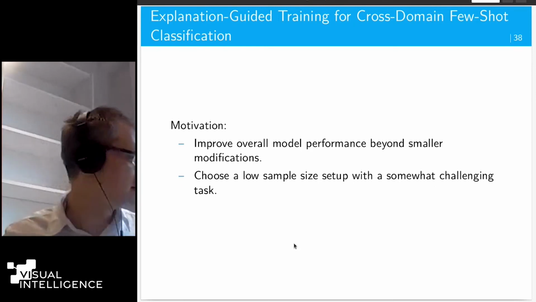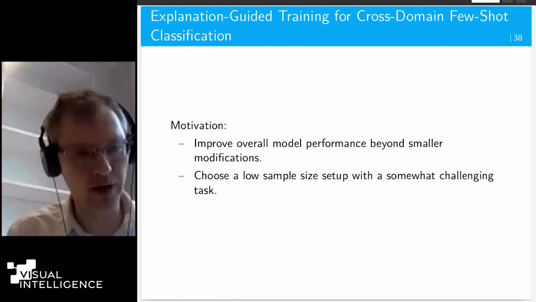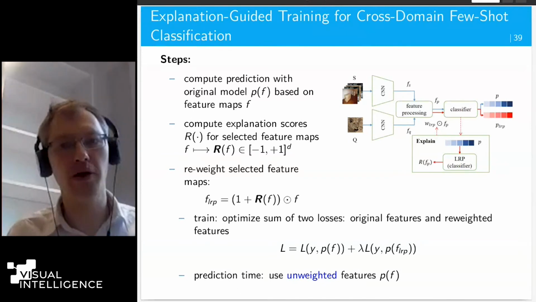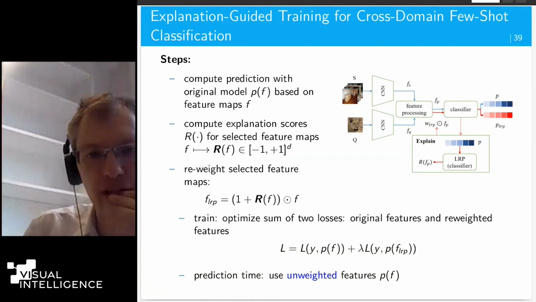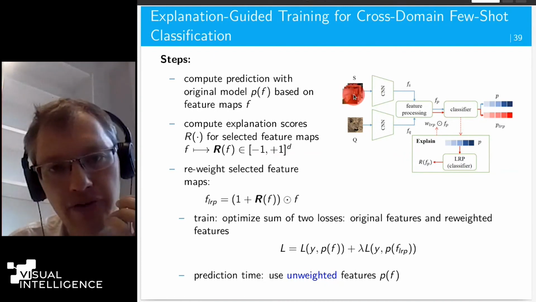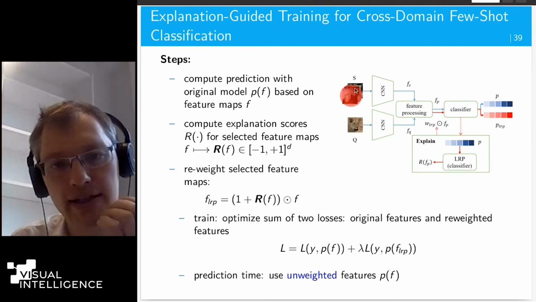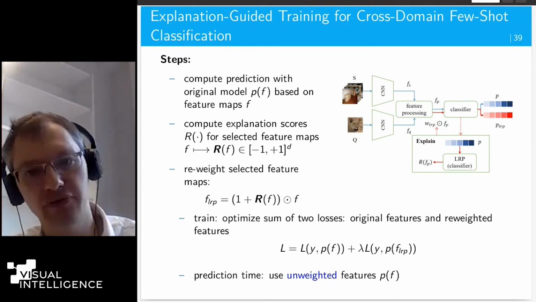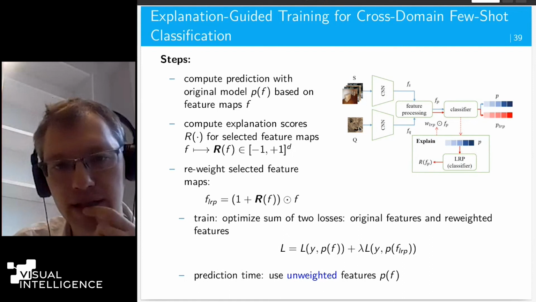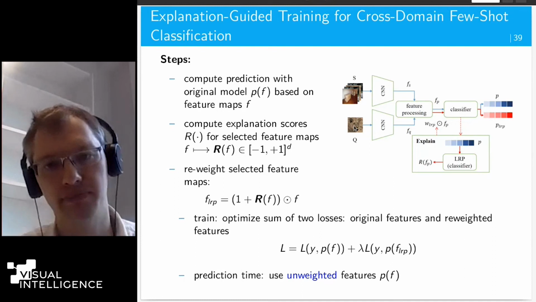If you have billions of data, why do you need explanations to improve my model? I have enough data. Okay, so how do we go about that? Maybe the first thing I need to explain is, what is few-shot classification? Few-shot classification is the following thing. At test time, I have support images and I have a query image. And the support images belong to several different classes. And now what you want to do at test time is predict which of the support set image classes the query image belongs to.